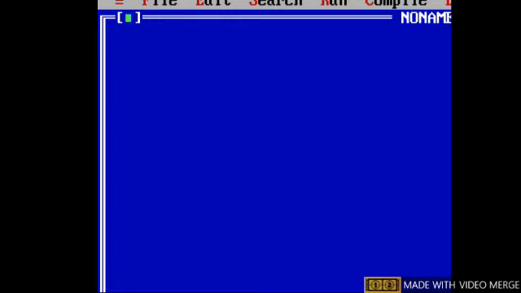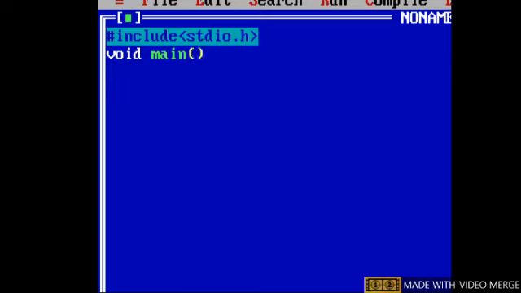Type the program, first program: #include stdio.h, void main, curly braces, printf, hello world, \n, double quotes close, parenthesis, semicolon. This is the procedure. Type the program.